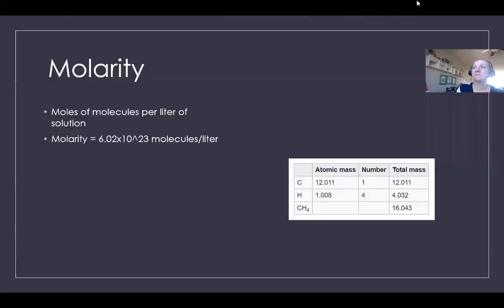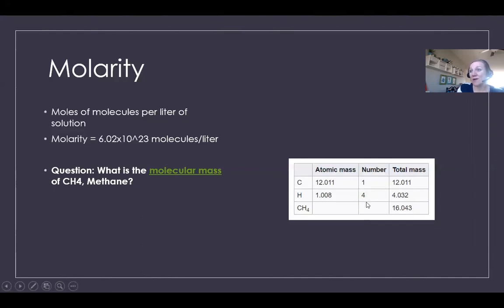All right, so molarity, we're looking at the number of molecules present. A question that you might see would be something like, what's the molecular mass of a molecule, which would be a combination of different number of atoms. In this case, methane, which has 1 carbon and 4 hydrogens. So then we look at the periodic table and we look at the atomic mass of each of those. So carbon has an atomic mass of 12, hydrogen has an atomic mass of 1, and then we would say,